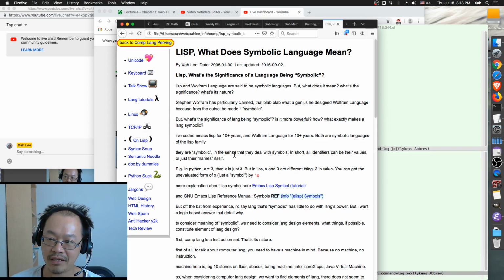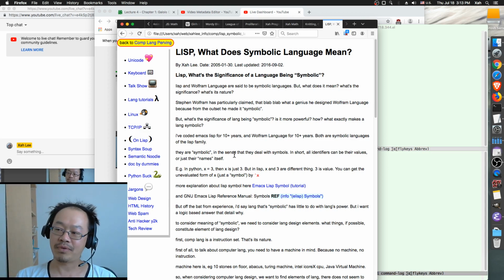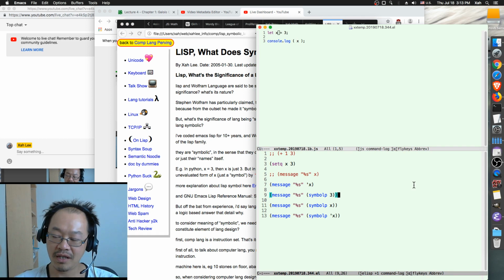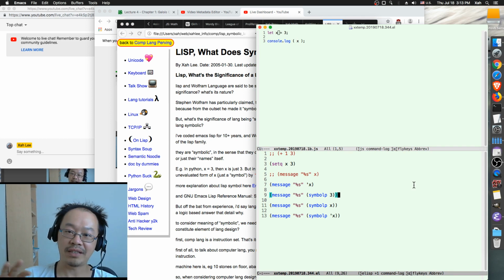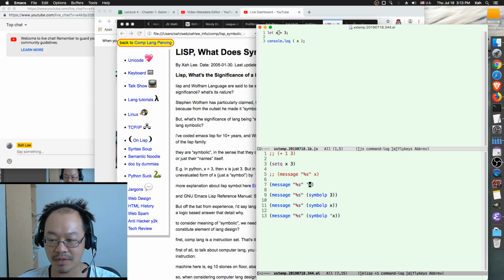Although in Ruby and JavaScript you have something like a symbol type, that's not the same thing, because in Lisp, every identifier is a symbol: variable names, function names,